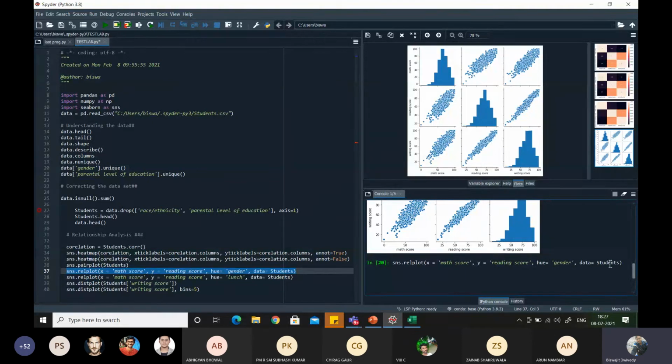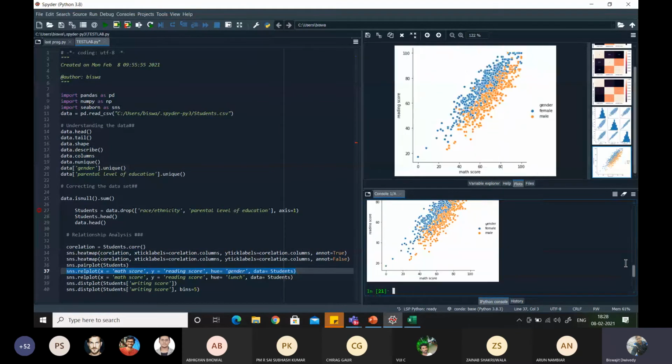Data is equal to student, means from students it is going to take the data, and we will be relating math score with reading score, and whatever plots we are having, those are going to be split into different parts based upon gender. Hue means it is going to give some color according to this gender. Let me first plot, after that you will understand.